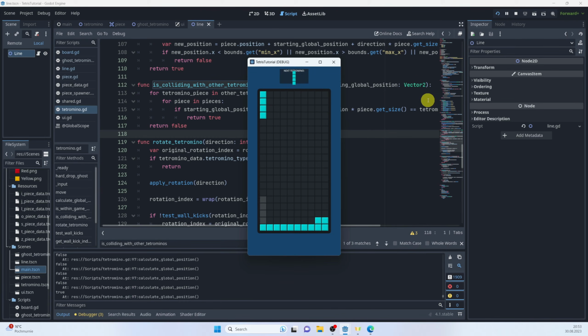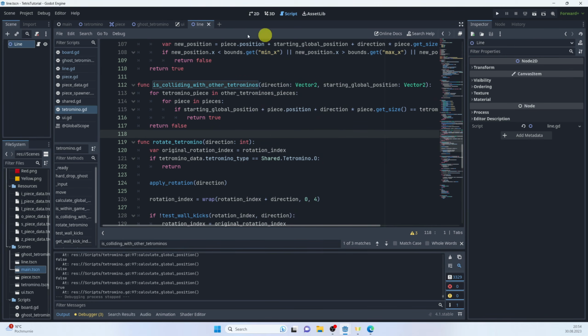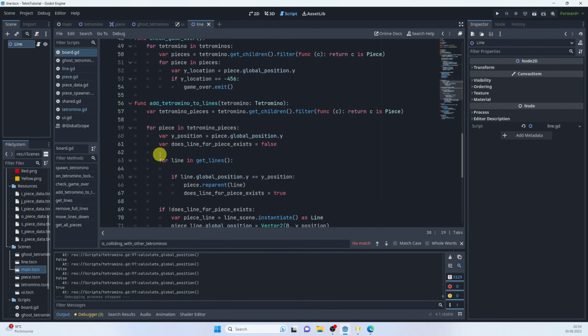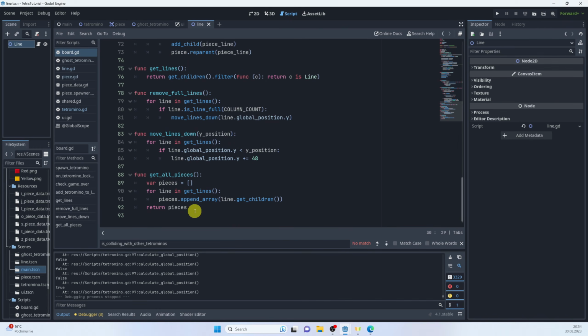we are able to properly do our collision detection. Okay, so what is left for us to do still is going back to a board. Okay, and let's for now, yes, what we should do is we should